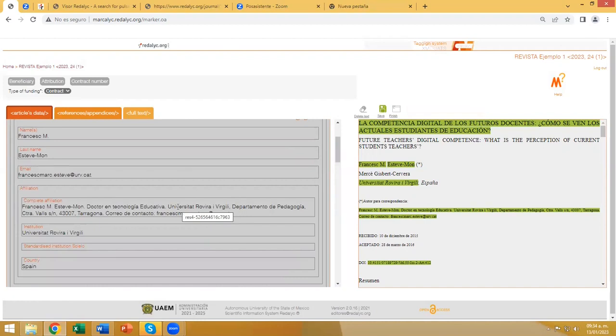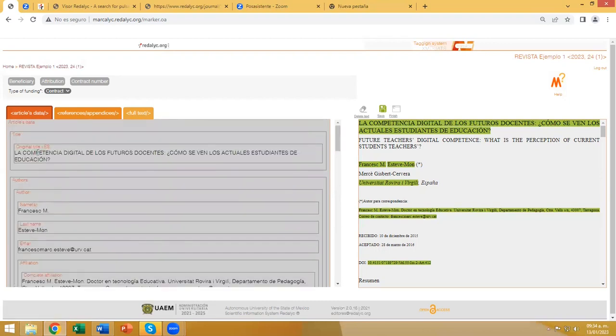Okay, because we know that there could be maybe some connection failure or an electronic failure, and your progress, your work could be lost. So to prevent that, you can click on the save button as many times as you need. Okay, so we are finished with the first part of our XML, that is the front. Now we are going to the full text, meaning the body of the XML. We click here,